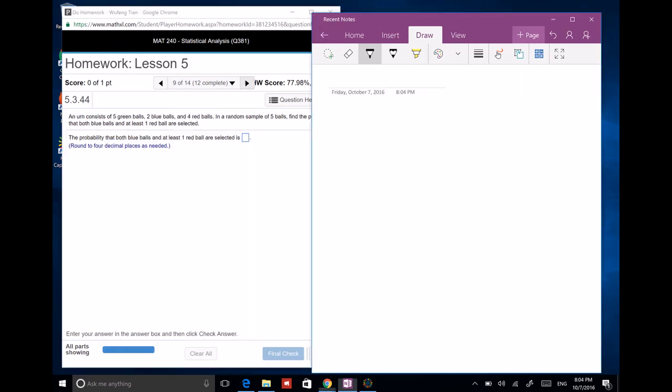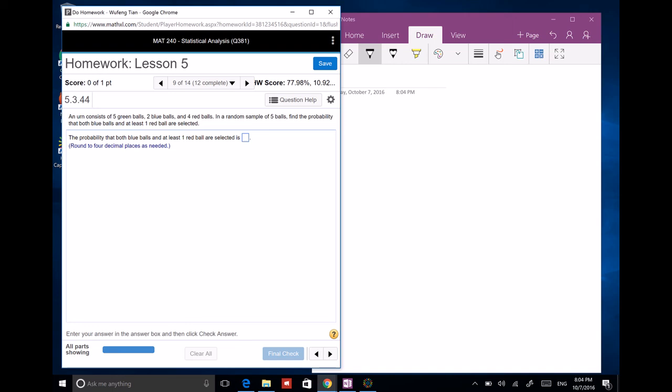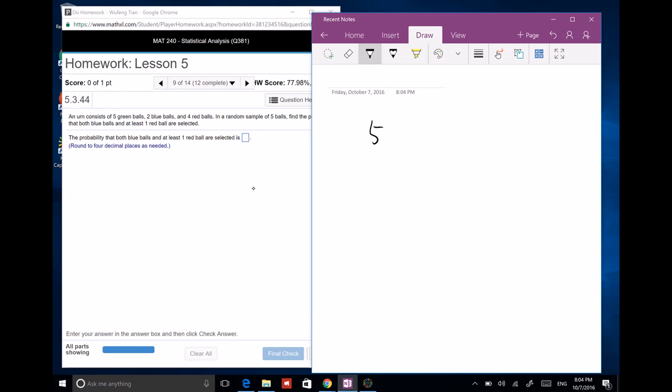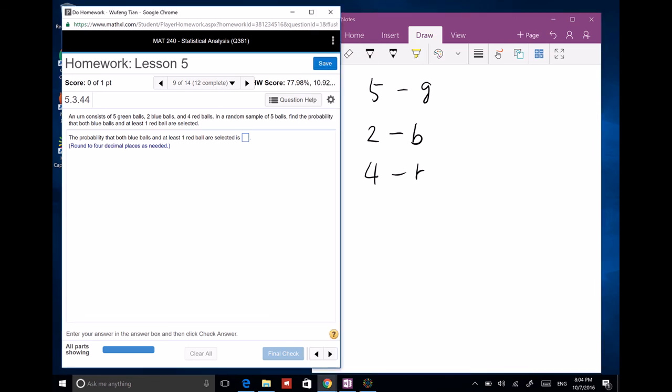Number 9 is pretty much very similar. Okay, let me see. A urn contains 5 green, 2 blue, and 4 red balls. If we randomly select 5 balls, find the probability that both blue balls and at least 1 red ball are selected. At least 1 red ball are selected, which means